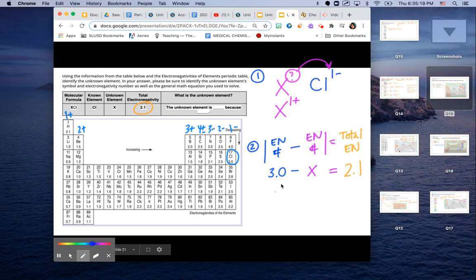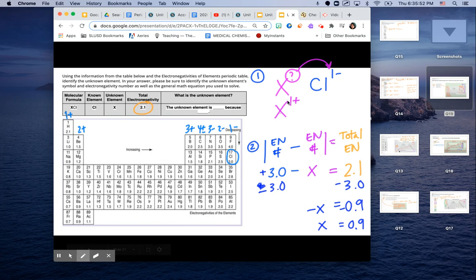Right, so now I have positive 3. Positive 3. So I'm going to minus 3.0 on both sides. Right, so that will give me minus X equals 2.1 minus 3.0, which is negative 0.9. Because of my absolute value, X is 0.9,